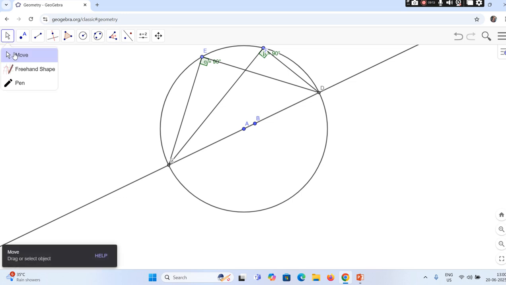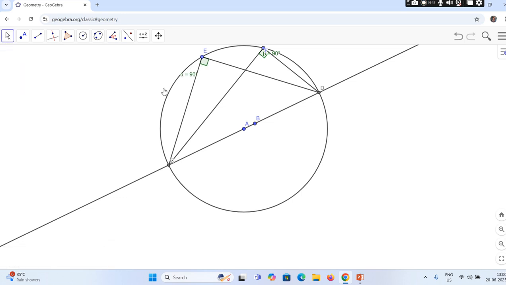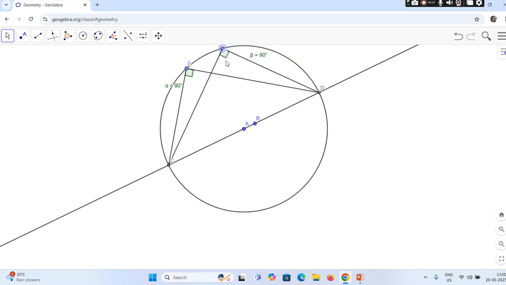Yes. So two observations are there. One is that angles formed in a semicircle are right angles. If we move these points anywhere, you observe that the measure of the angle remains the same. Another observation is that angles formed in the same segment are equal in measure, which we have discussed in the previous video lecture. So I hope it's clear to everyone. So we have discussed two properties here. So watch the video again and again. Enjoy the learning. Thank you.